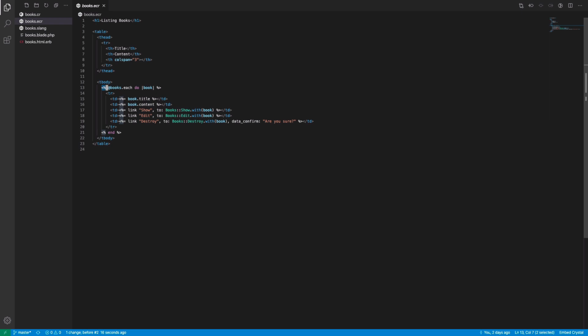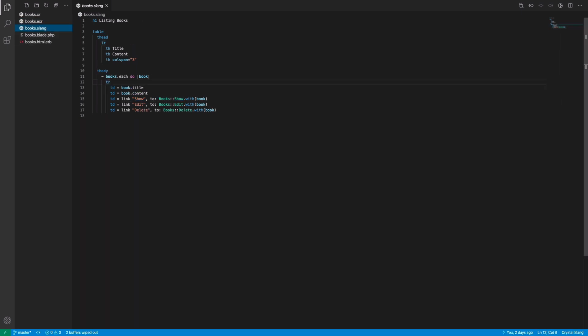In this case, I have a control structure that loops over a collection of books, and it renders the title, content, and some links for each book within those common table tags like the TD and TR. Going into a Slang template, which is like Crystal's version and take on Slim, I've got the same thing where I have the same basic structure, just fewer characters because I don't have the open and closing HTML tags. But I have a table, the table header, and then this dash, which delimits that I'm going to have Slang interpret Crystal code instead of HTML to loop over each of my books and render out the title and content